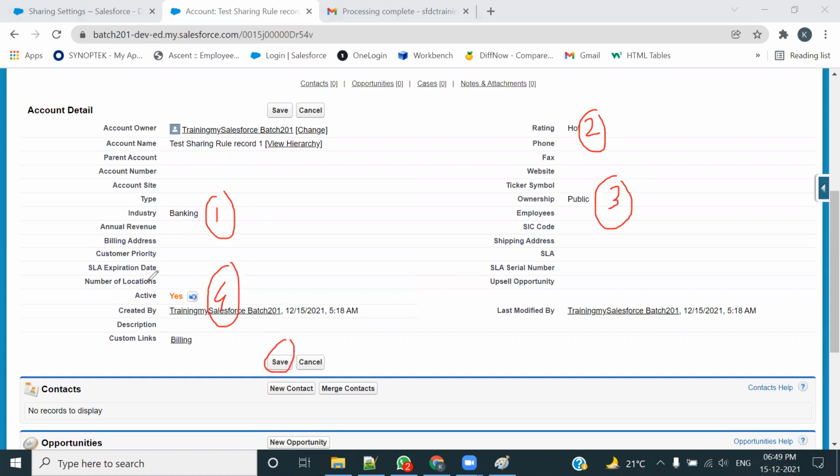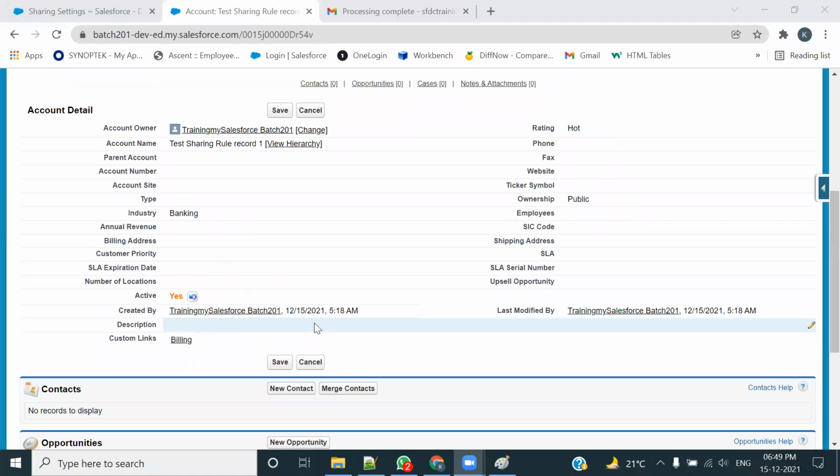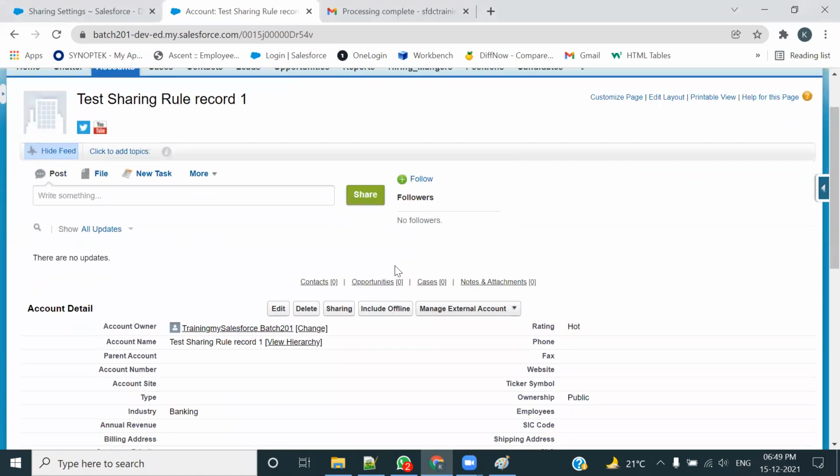ठीक है, अभी डेटाबेस में ये चेंजेस कमिट नहीं हुए हैं, अभी मैं इसको कमिट करने वाला हूँ। बट व्हेन आई कमिट दिस, व्हेन आई प्रेस दिस सेव बटन, तो ये चारों कंडीशन सेटिस्फाई होने की वजह से दिस रिकॉर्ड विल बी शेयर्ड टू हैदराबाद सेल्स ग्रुप अपने आप। इसके पहले नहीं था। अब आप देखो, आई एम सेविंग दिस रिकॉर्ड। अब रिकॉर्ड सेव हो गया।